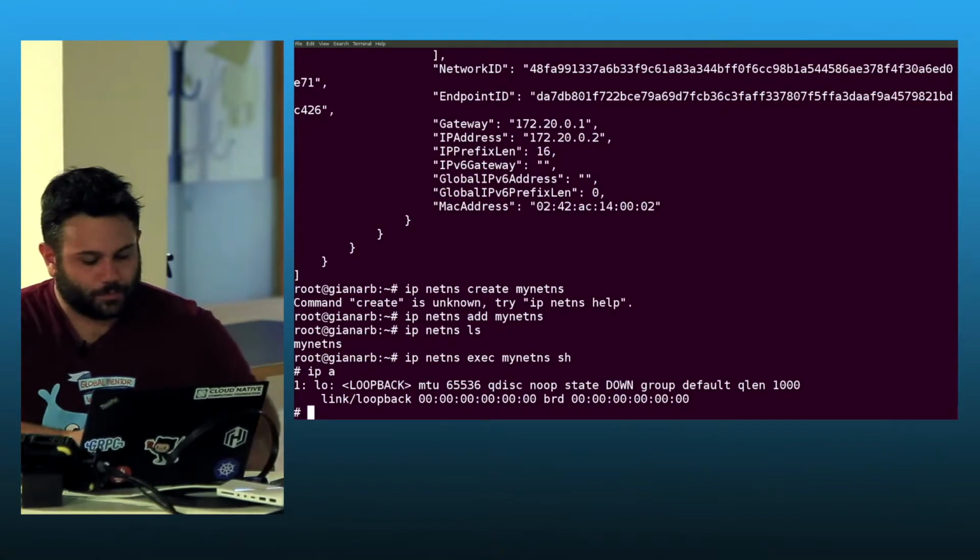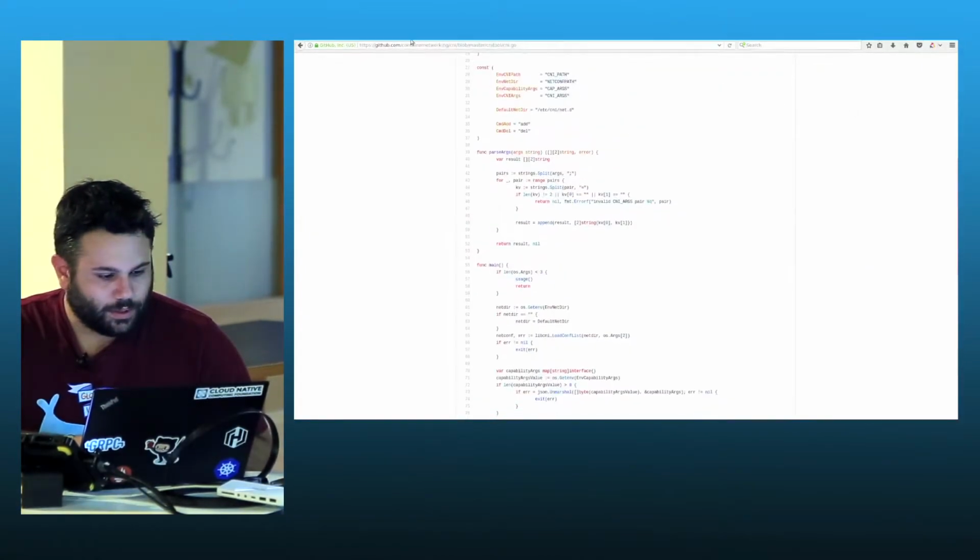After that, you can see how the thing is implemented.